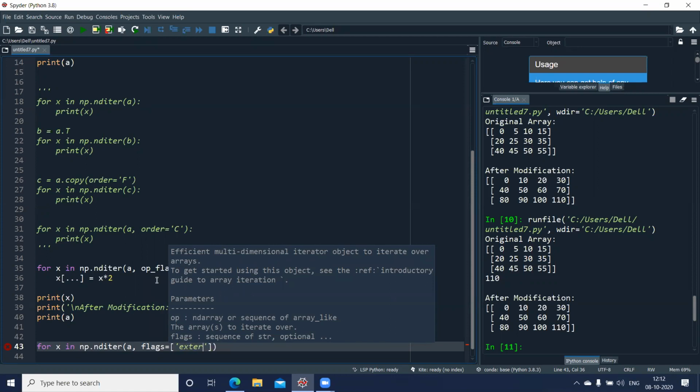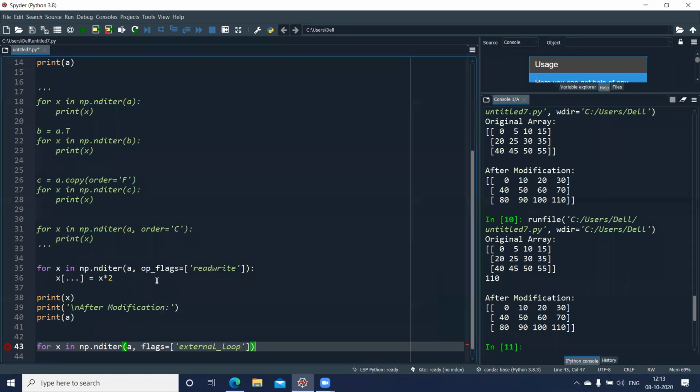So let me use this external_loop. Your external loop causes the values given to be in a one dimensional array with multiple values instead of a zero dimensional array. Okay, so let us see how the output looks when I give this parameter.